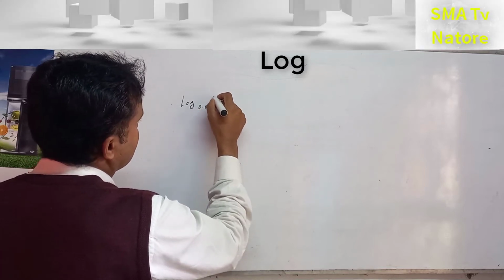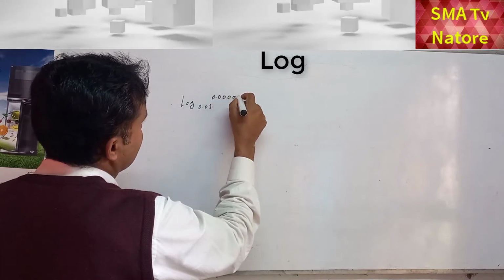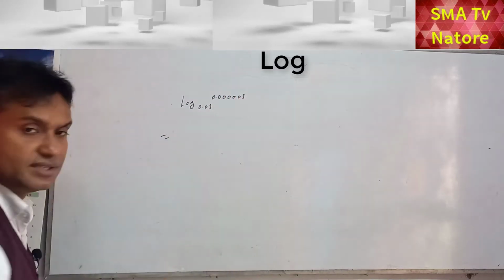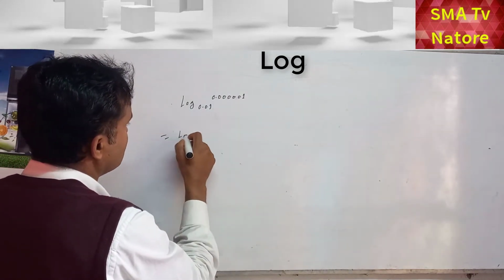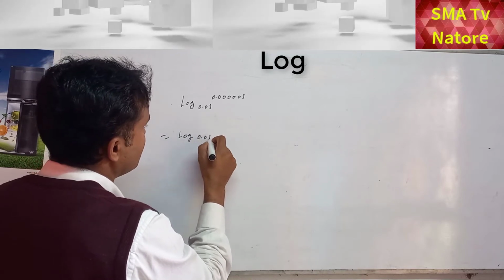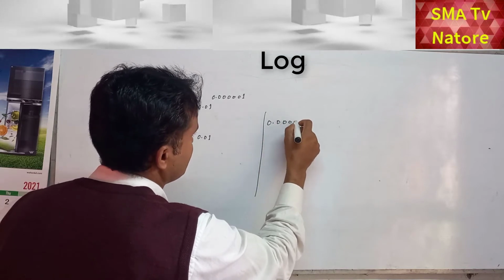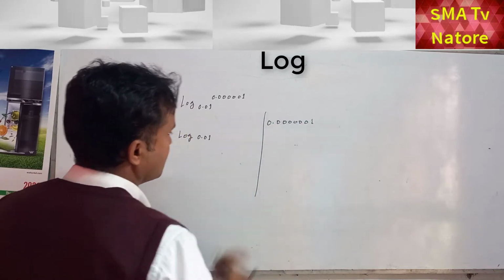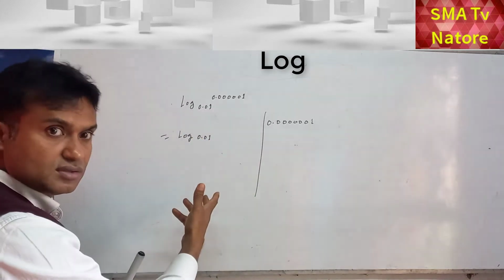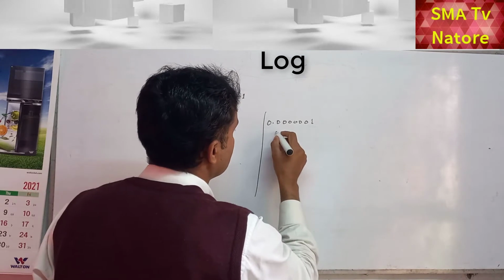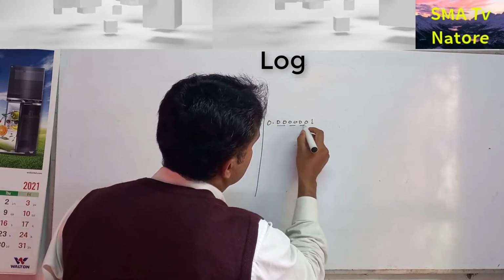0.01 and the power is 0.1 2 3 4 5 and 1. So what is the result here? So first you have to break down this one, so log 0.01 is the same, but this part, what will happen, 0.0 1 2 3 4 5, and next one is what. So this part is common, you have to make it the same power. Okay, so for example we can make it, how many, 1 2, 1 2 3, and next one is what?